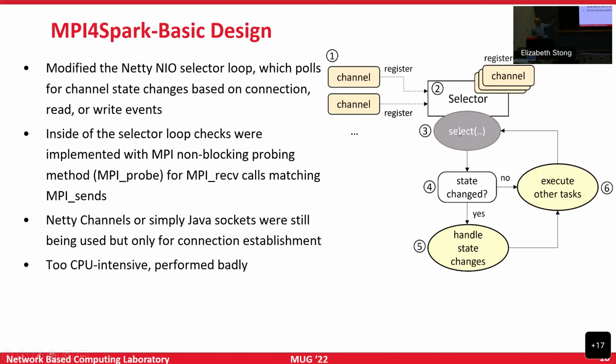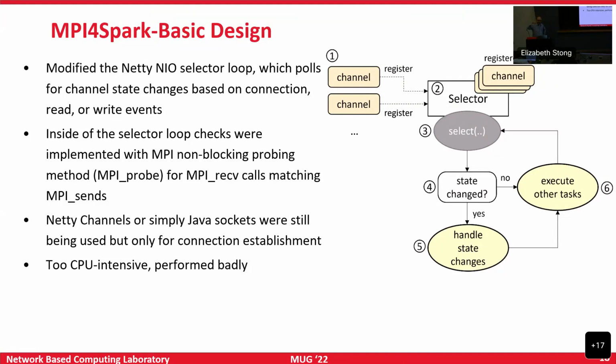In our first design, we converted this whole event-driven thing into MPI-based code, and the MPI-based code would simply use the probe function. It had a while true loop, where it would do a non-blocking probe and check, is there a message here?